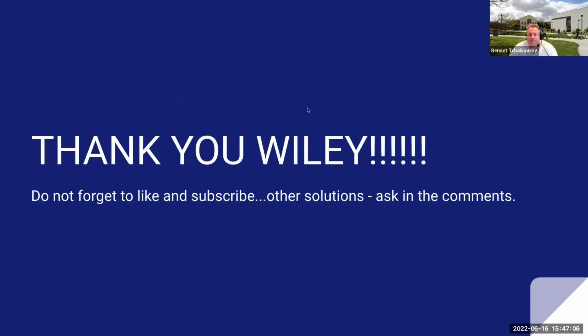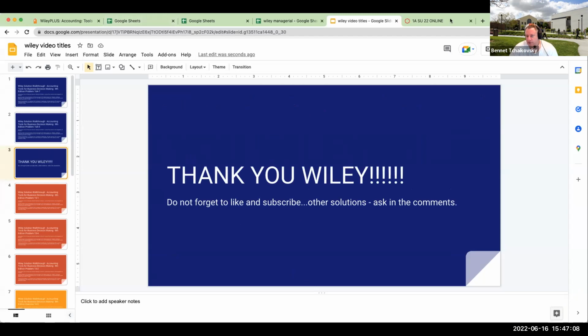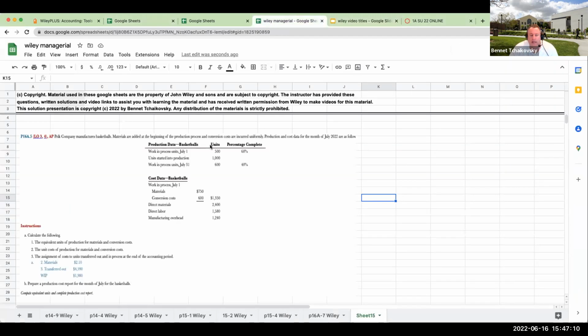Before we say thank you to the bus driver, let's take a look at problem 16.5. We're still in process costing land. This is a weighted average process costing problem. I have not looked at the solution, so we'll see if I can go through and do it. When we're looking at weighted average process costing, what is the real difference? It's how we treat our beginning inventory with regards to equivalent units.